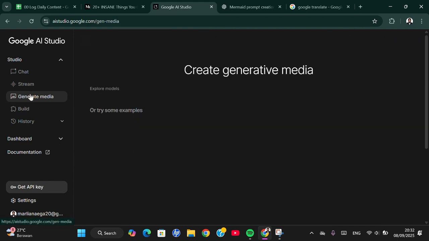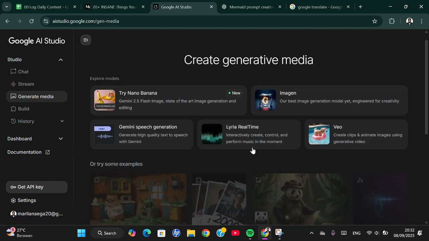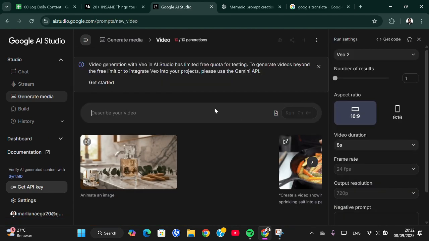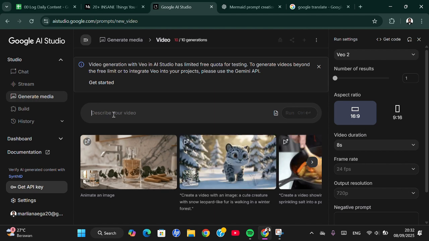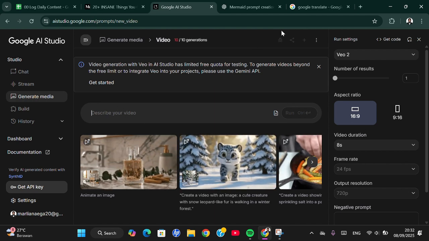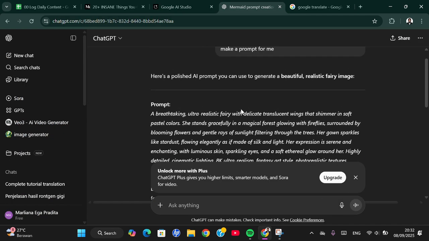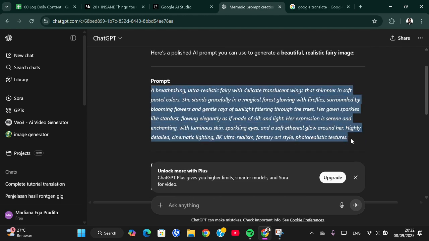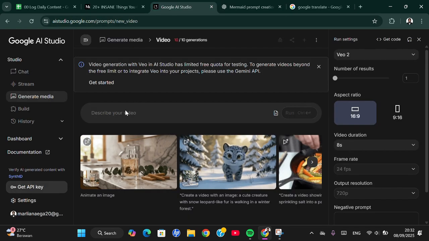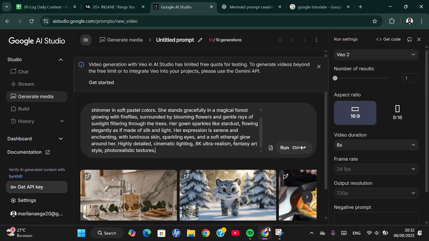And then if you want to generate a video, guys, you can use VEO. It's a text to video feature. Here you can describe the video that you want to create. And for the video, I'm going to use this prompt. Okay, and then I'm going to go back to the Google AI Studio and we can paste the description